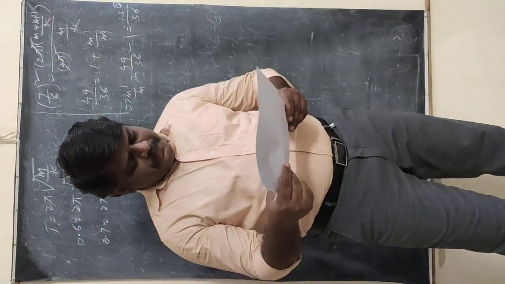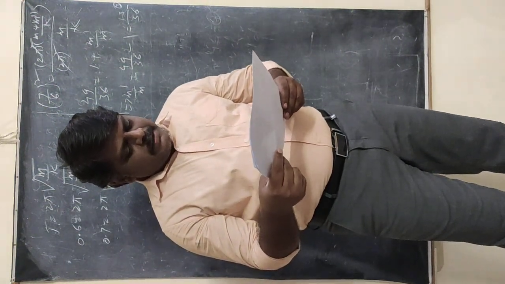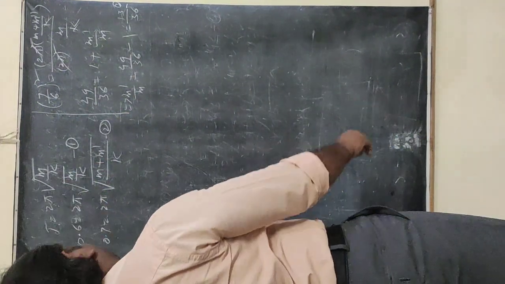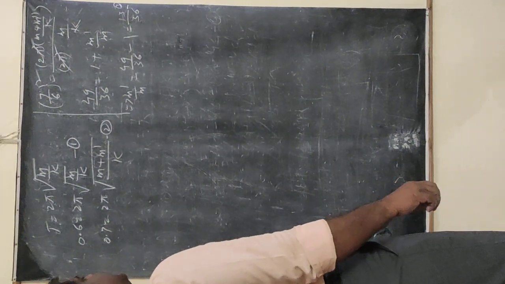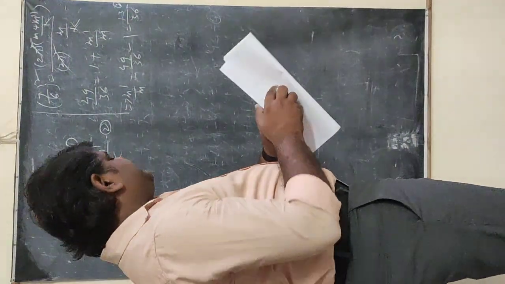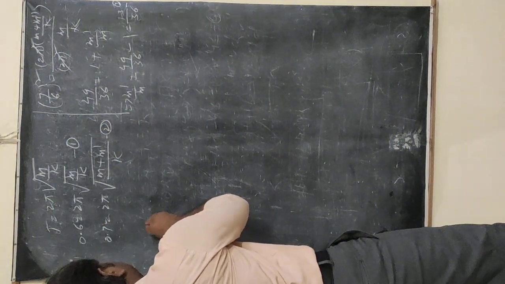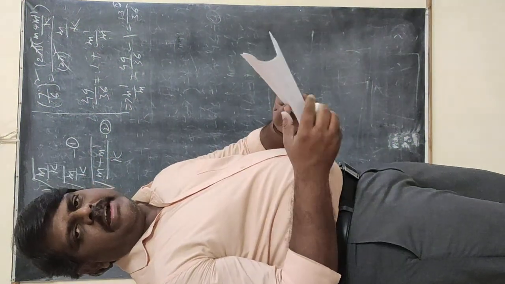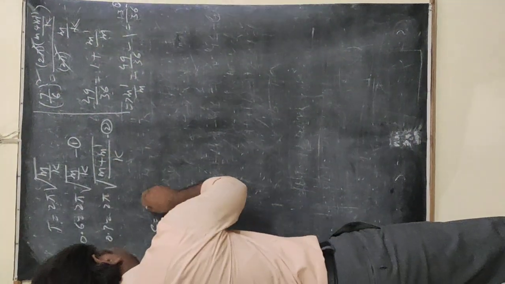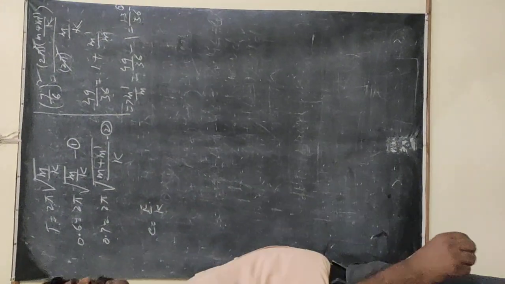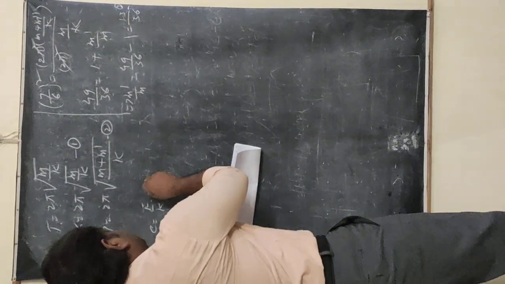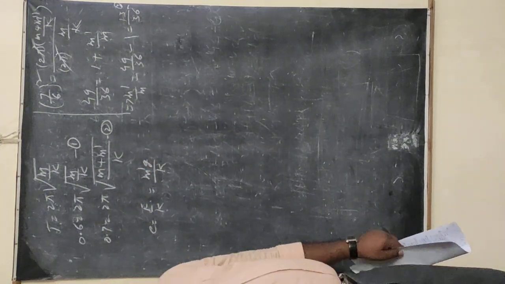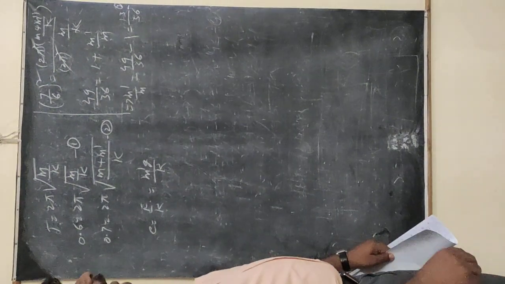And now, what is the problem asking? What is the elongation caused by the additional mass being attached? You have to find out the elongation. Elongation e equals, what formula can you use? F by k. Elongation e equals F by k. F equals m dash g, so elongation e equals m dash g by k. This is the formula we are going to take here.